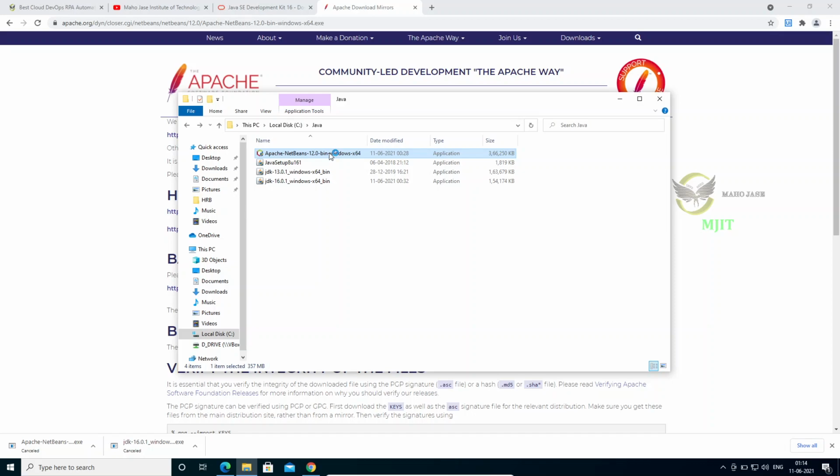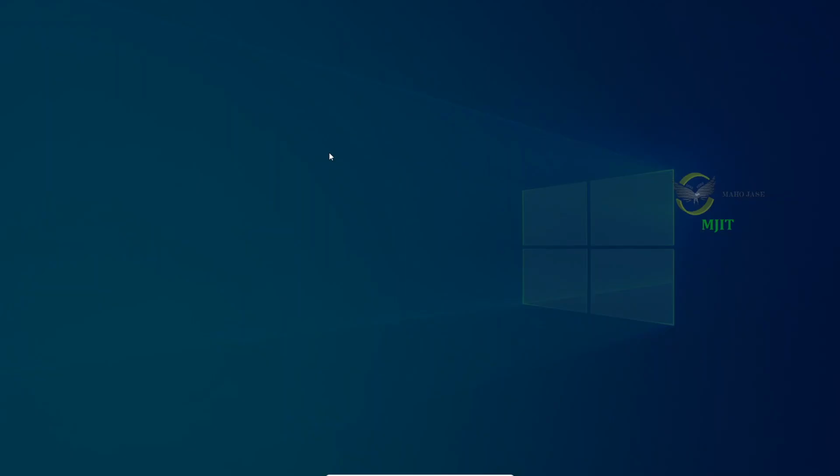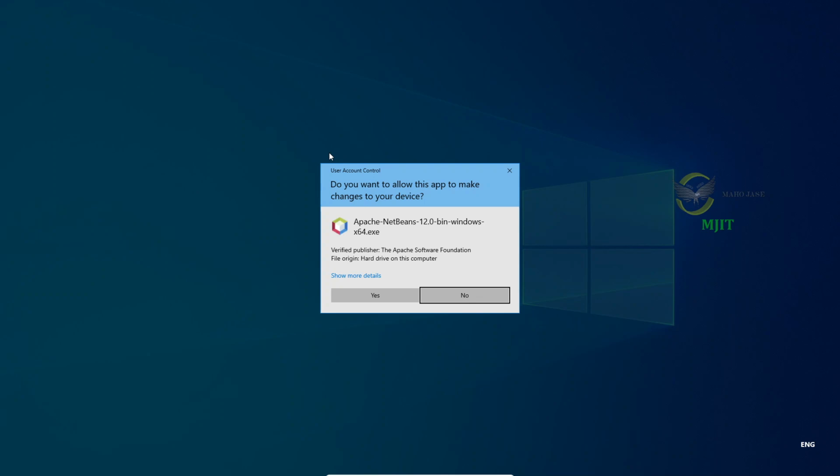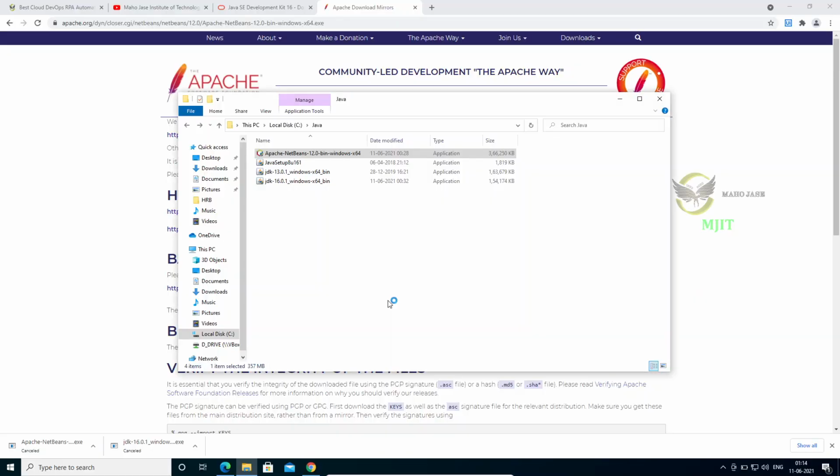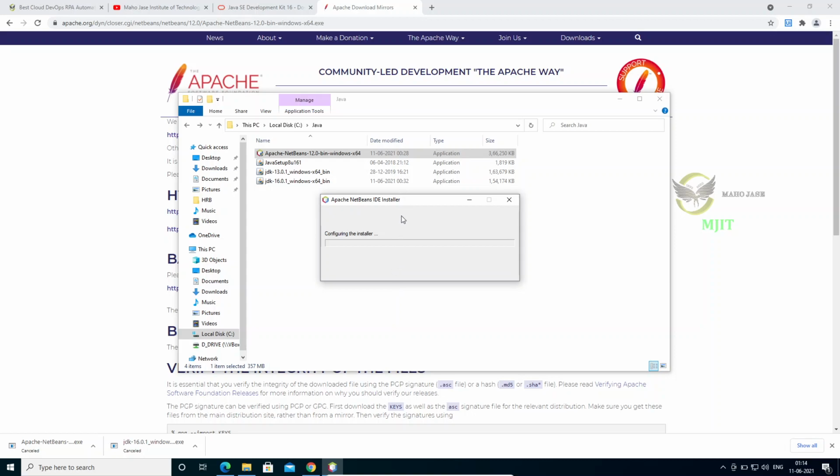Even if you don't have anything, you can use text editors like Notepad, but you need to be very careful. Notepad++, again you need to be very careful. Sublime Text, you need to be very careful. But IDEs are a little more helpful for you. So I am giving yes over here, allowing it to install. Next, the installer will pop up on the screen. Yes, the installer started. It is going to configure the installer, it's initiating.